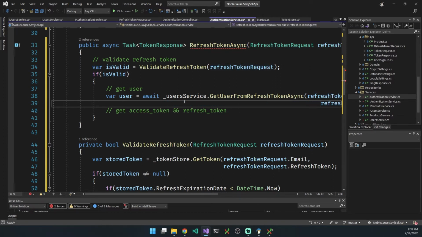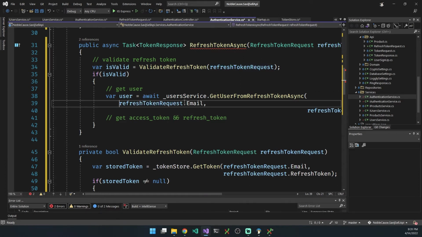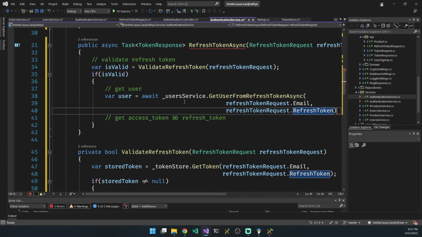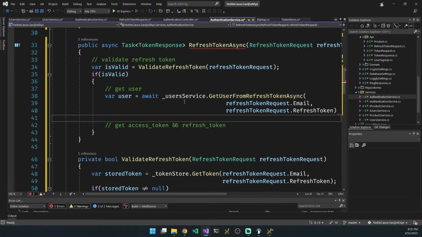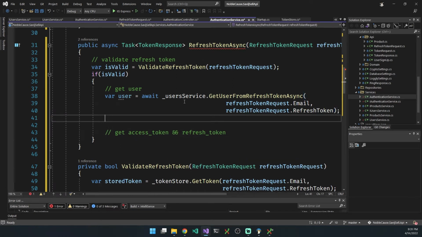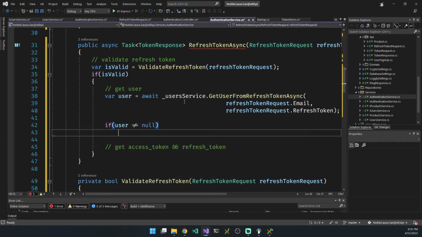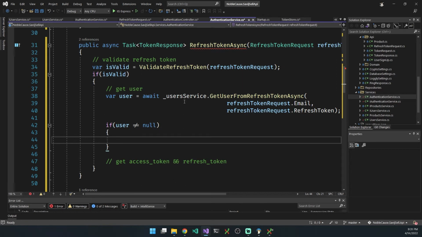So I'm just going to do that here for now, just so you can see it. Cool. And that goes, oops, semicolon. So now we have our user, so I can say if user is not null, right, does not equal null. Now we know we found something, and what I want to return here is